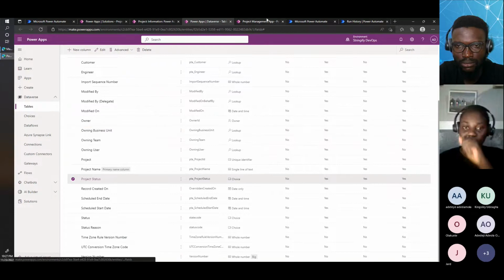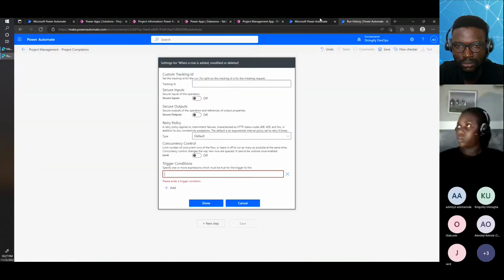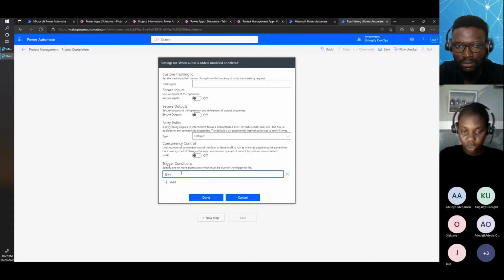The first thing I need to do is to type the at symbol, then equals. So I'm going to say if my trigger output is equal to,